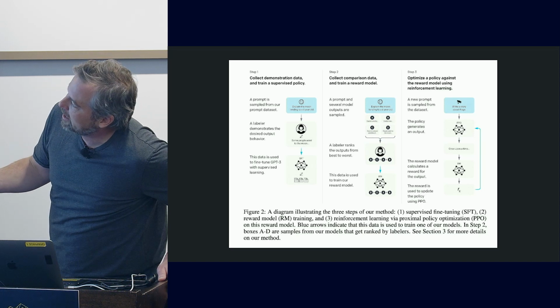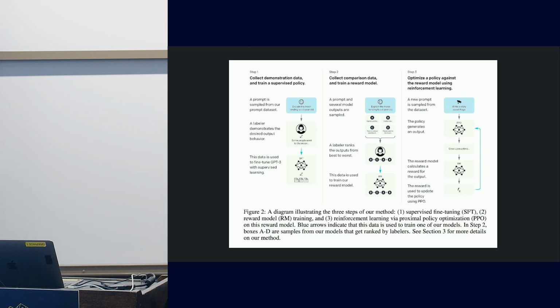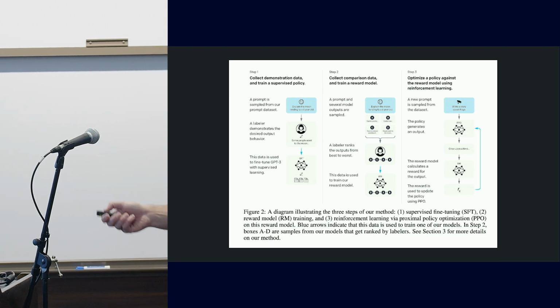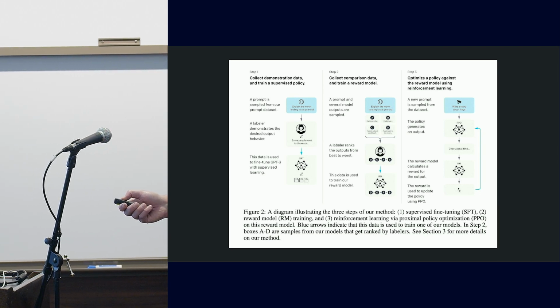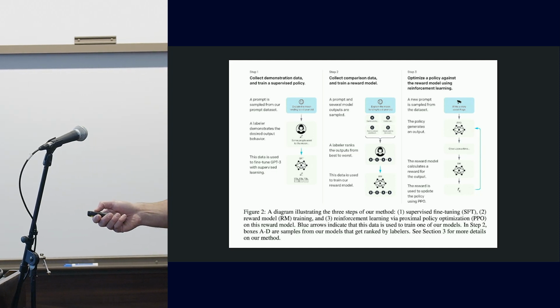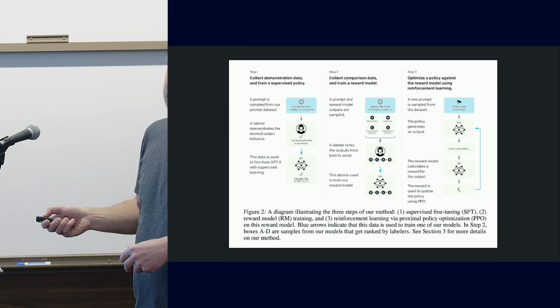First step is you give an instruction like, summarize this review. You collect some data from expert users that generates what you think the desired behavior should be. Then you fine-tune the model, which is just fine-tuning a supervised training model. Then you generate a prompt like, summarize this review. You generate multiple candidate responses from the model. So the model generates, here's what I think the summaries should be. And rather than this costly task of the user writing out the review themselves, you instead use the model to generate some candidates and then have the user rate those things. Do I prefer this one versus this one? So it's a much faster human feedback mechanism, letting the model generate candidate responses and then rating those candidate responses.